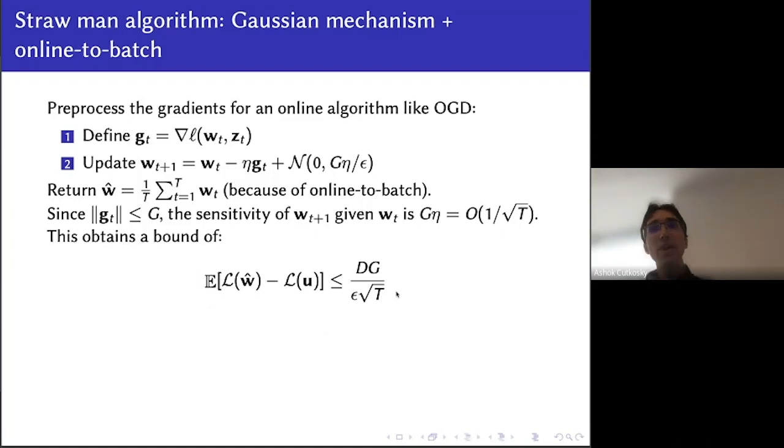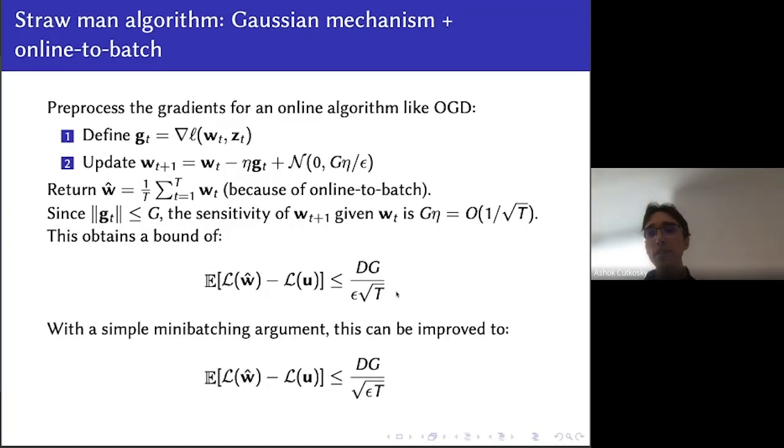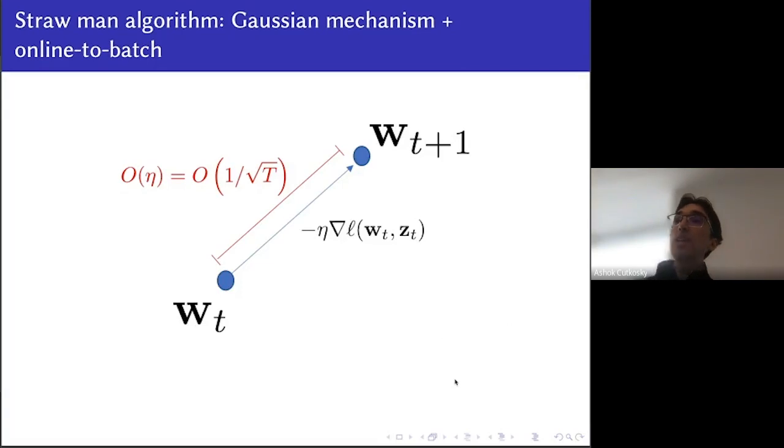And in fact, you can do better. If you use a fairly straightforward mini batching argument here, you can easily improve this to square root of epsilon times T. Okay, so we can move the epsilon inside the T. But nevertheless, it's still not the right bound, right? The right bound would have been square root of T with no epsilon, and then plus a 1 on epsilon T out here. Okay, so we can do this, but we don't get the right result. So high level, what's happening?